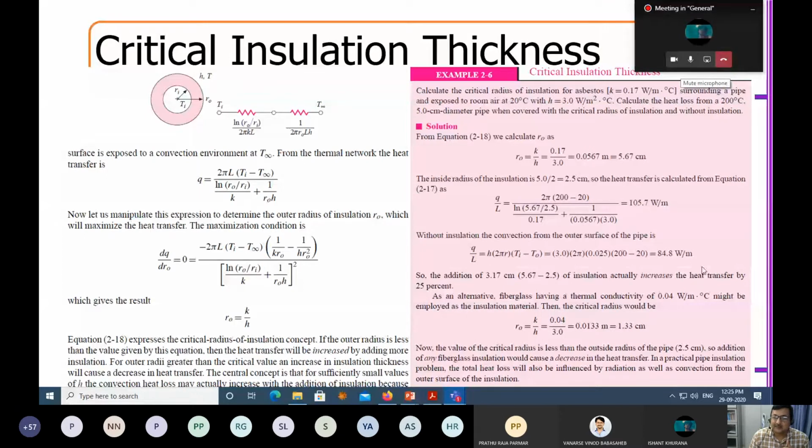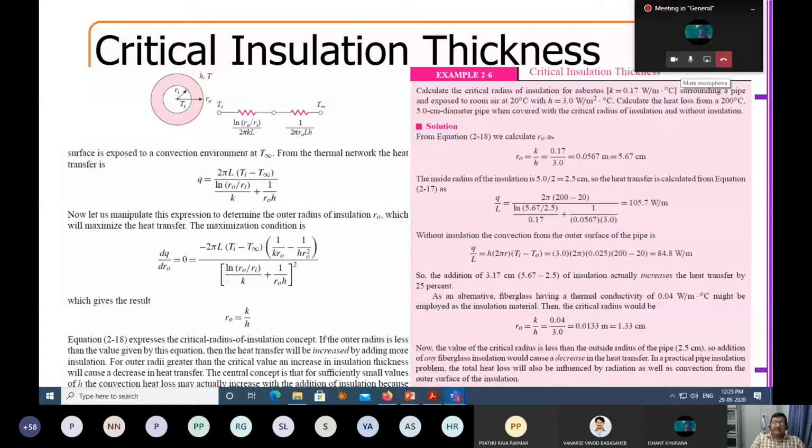So if you study this problem, what does it say? That based on the choice of the material, the pipe and the surface conductivity, and the heat transfer coefficient around that, typically with air as the outside fluid, your critical radius will be fixed. What is a critical radius? If I put insulation on top of a pipe, whether it is going to increase the rate of heat transfer or reduce the rate of heat transfer. That is the question that you are asking.